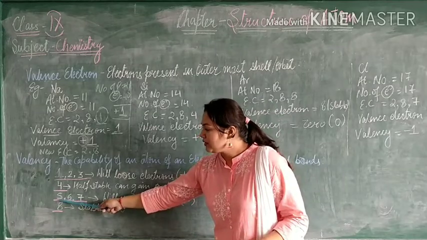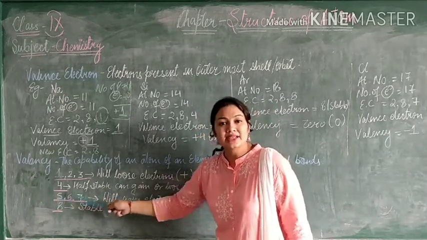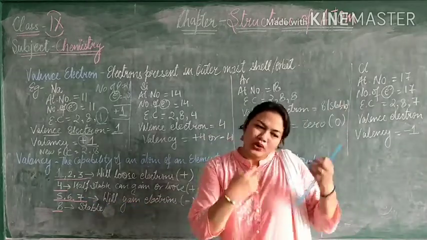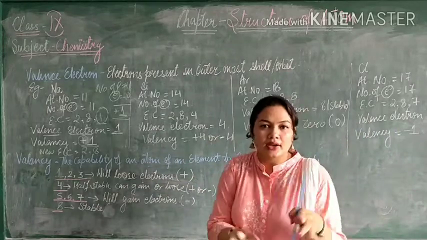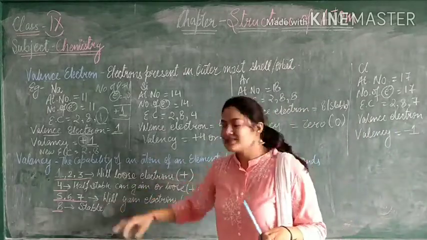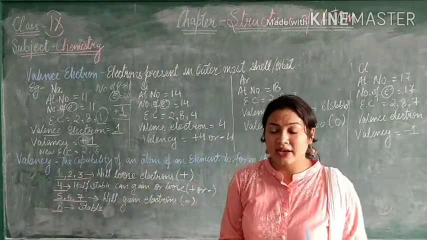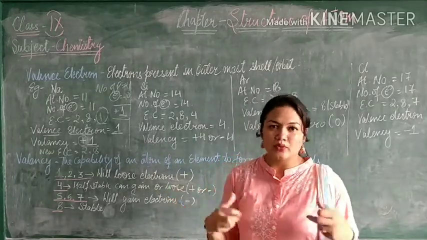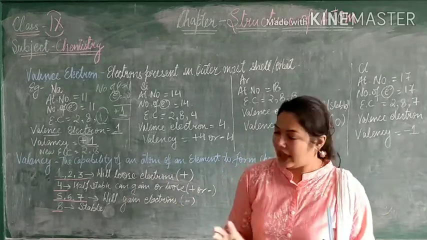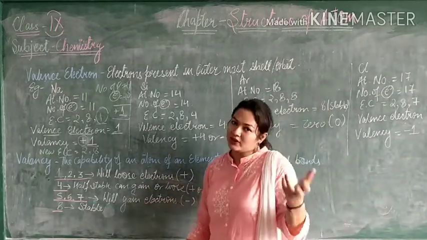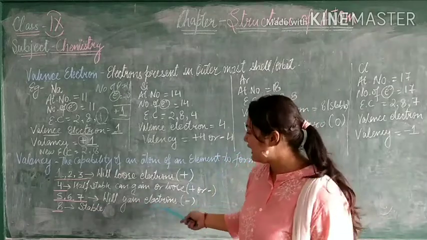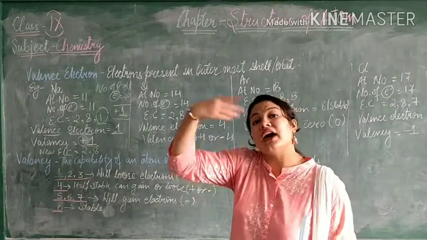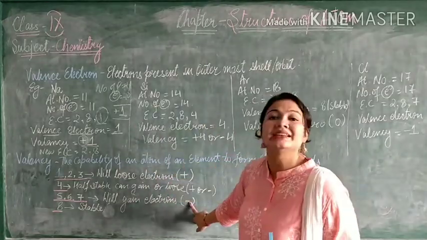Now when we talk about 5, 6, 7, if the valence electron is 5, 6, 7, then it is going to gain electrons. 5 को 3 चाहिए, तो यार मैं 3 कहीं ना कहीं से I will take from somewhere. In the same way, if 6 valence electrons are there, it needs 2, it will take from somewhere to make it 8, and it will be stable. 7 तो 1 लेना तो बहुत easy होगा, so it will gain. Okay, so यहाँ पे gain हो रहा है, इलेक्ट्रॉन बढ़ रहे हैं, प्रोटॉन से ज्यादा हो रहे हैं, so here the sign will be negative.